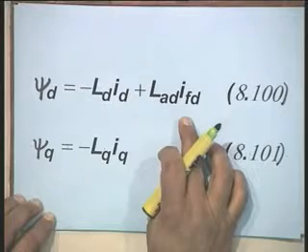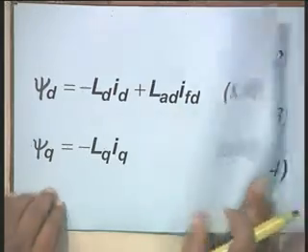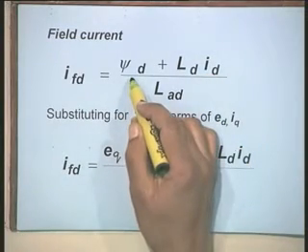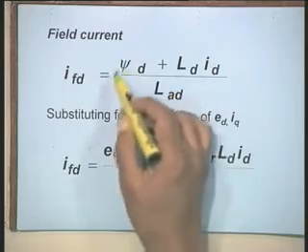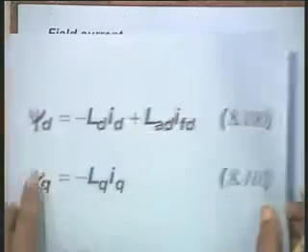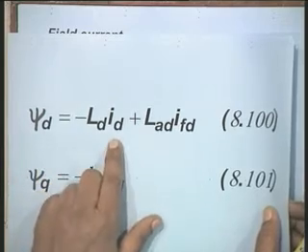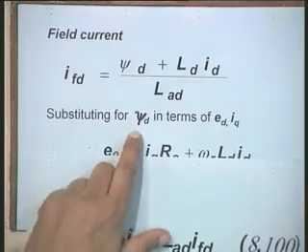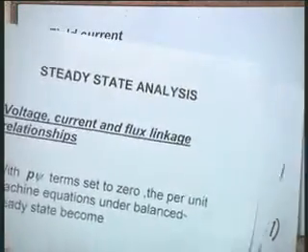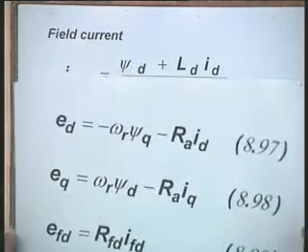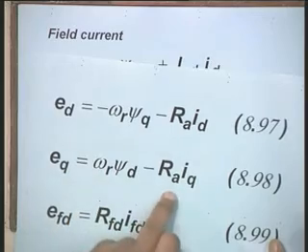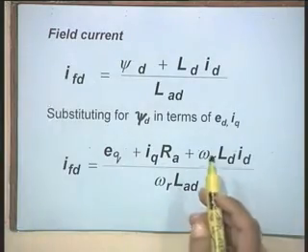Using this expression, you can write down the expression for IFD, that is IFD is written first as psi d plus LD ID divided by LAD, and then this psi d, the per unit flux linkage in the d axis, will be replaced using our stator winding equations, that is EQ equal to omega r psi d minus R A IQ. Okay. And when you make these substitutions here,